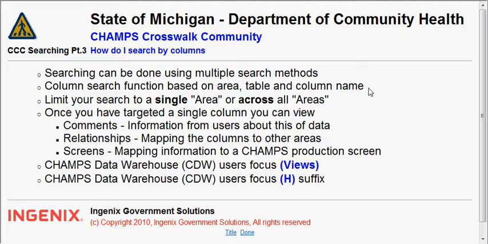allows you to search for a column based on you knowing the area, part of the table name, and part of the column name. You can limit your search to a single area, or you can search across all of the areas. Once you've selected the column that you're interested in, you can take a look at the comments. This is information provided by users about this data. Relationships, that's information about how the column you have selected relates to other columns in the data warehouse. And for Champs, mapping information, if it's available, on how the column you selected is related to one of the